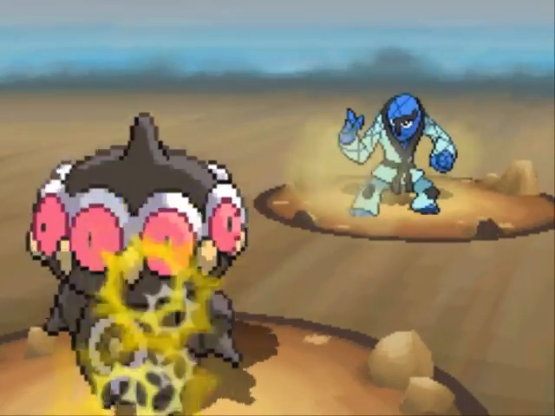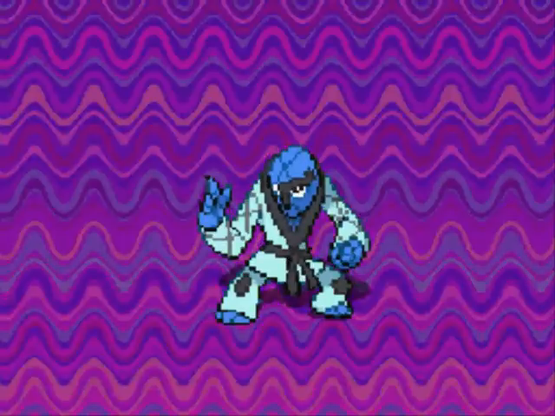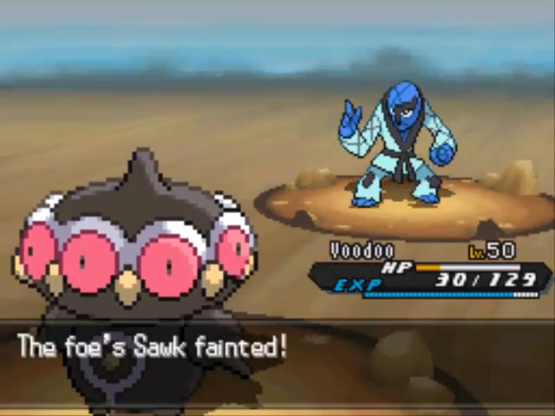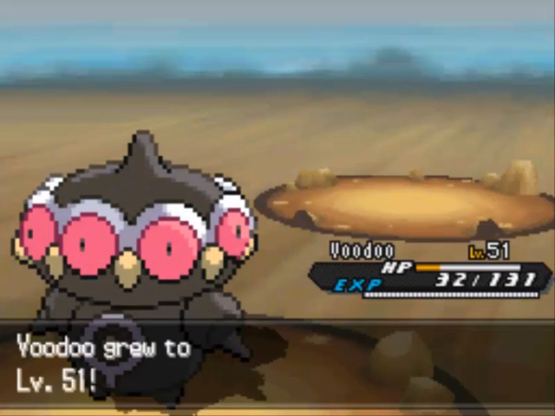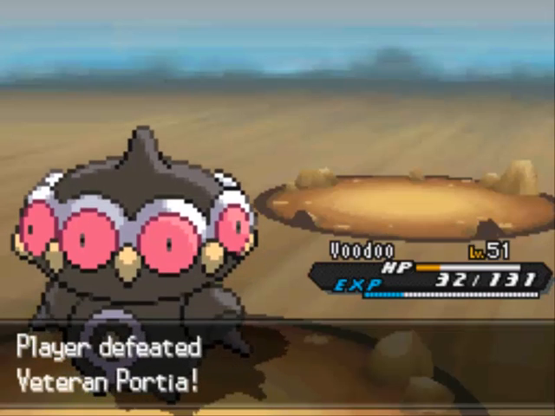Ooh, Retaliate. Well, good thing you didn't use Retaliate last turn, because that does double the damage after one of your Pokemon gets knocked out. Makes no sense to use Bulk Up then Retaliate. Should have just used Retaliate for double the damage. But instead, I'm going to get up to level 51, so mission accomplished with Claydol, and we took down the